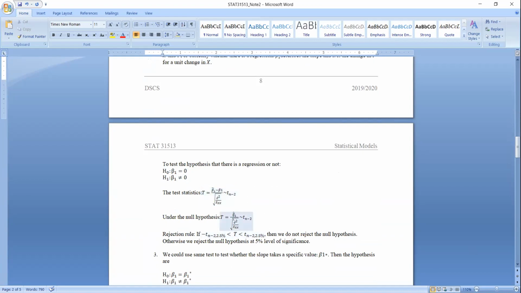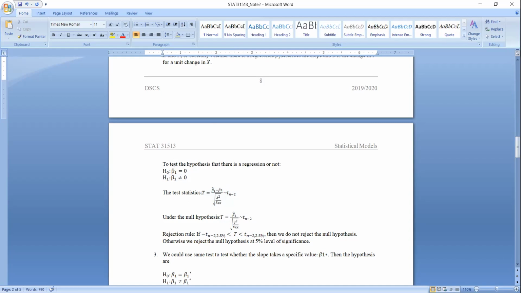If the test statistic is in between the two table values, we do not reject. And if it is exceeding or less than the table values, we can reject and conclude that beta 1 is not equal to 0. That is, we can be sure about the slope value of the fitted regression line. Right, so in this case,